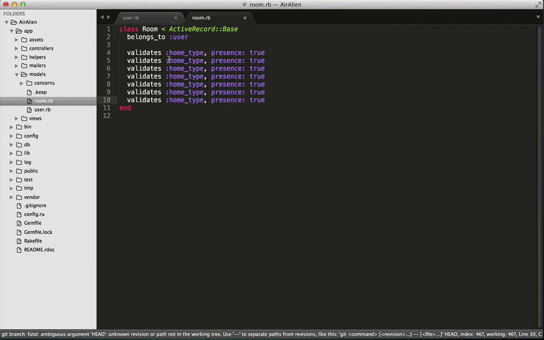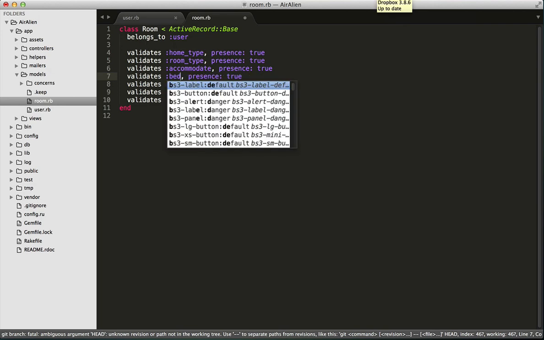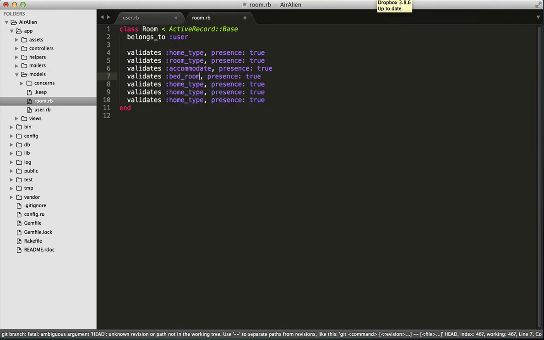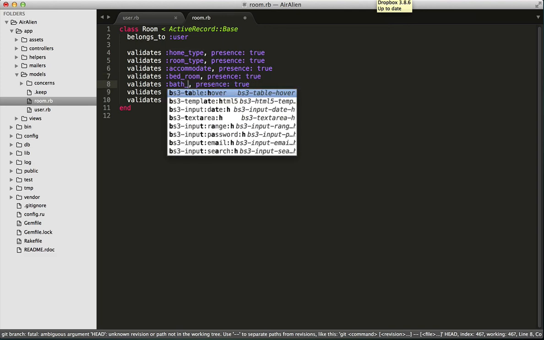So home type, and next should be the room type, and this one for accommodate. We also need the bedroom presence, bathroom,